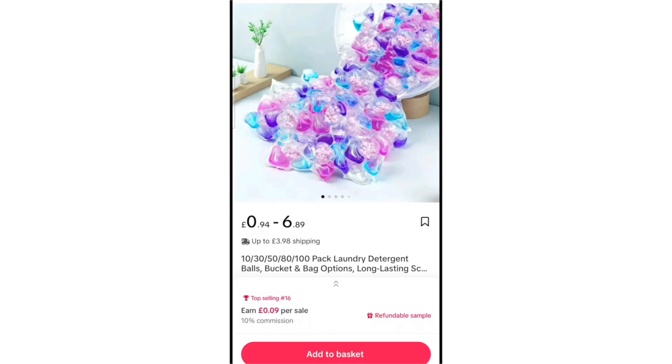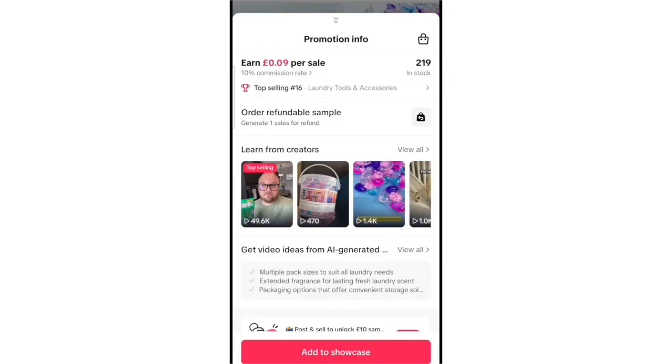If I went ahead, you can see it's a refundable sample. If I go ahead to actually purchase this, the commission for this is 0.09 per sale, pretty small. I wouldn't recommend promoting products that have such a small commission unless you have a huge audience. This is really, really tiny. Anything under like a pound, I usually don't like to promote, to be honest,